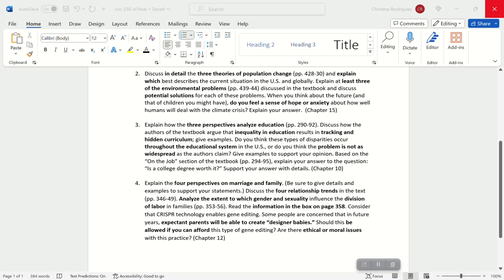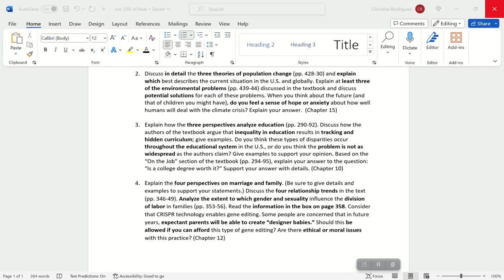Question 3 is from chapter 10. Explain how the 3 perspectives analyze education. Discuss how the authors of the textbook argue that inequality in education results in tracking and hidden curriculum. All right, so both of those things are discussed in the textbook in relation to the inequality that we see in education. And quickly going back to